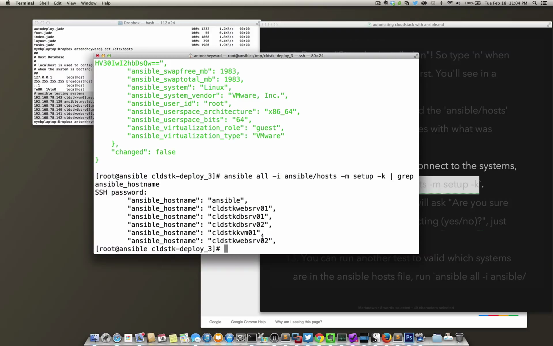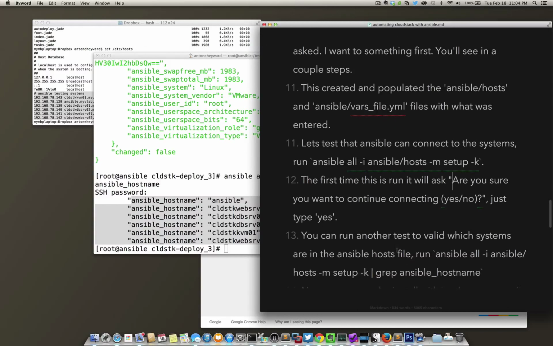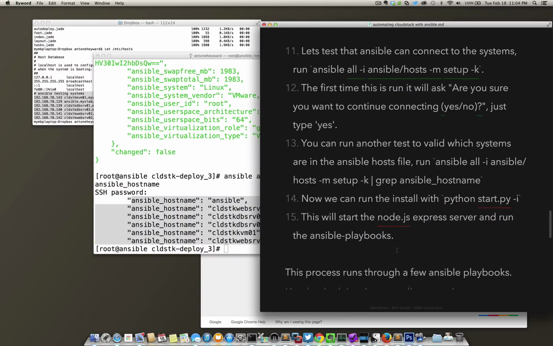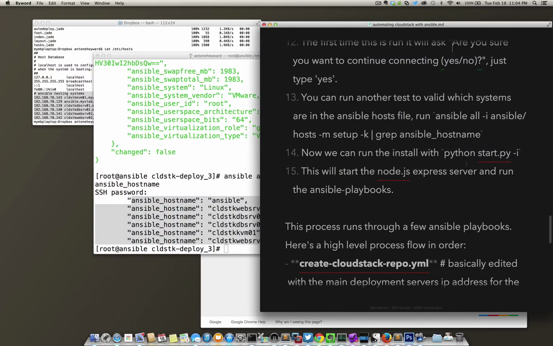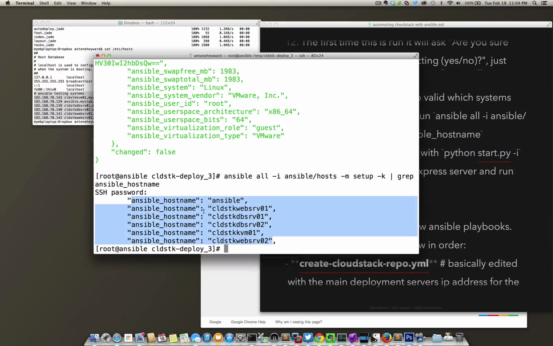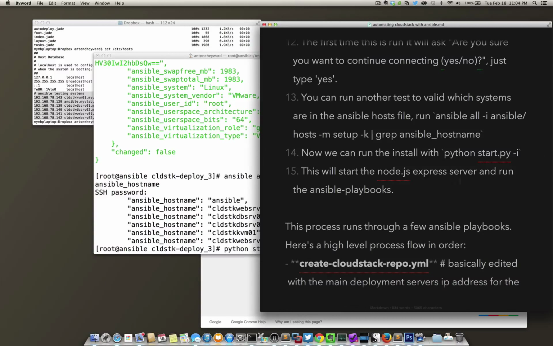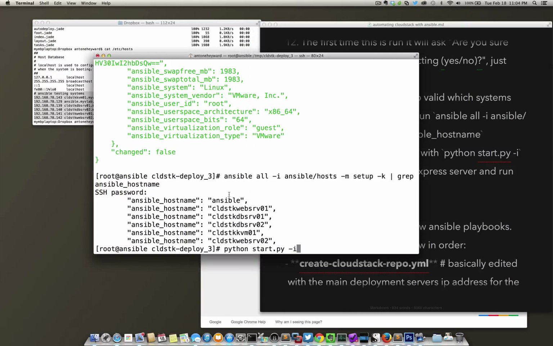And this should spit out also all the hosts that we've configured in that host file. All right. So with that done, I went through those steps. Basically, I can just go ahead and run the installation from here, where I said no up front. There's an option to do the installation using the I,